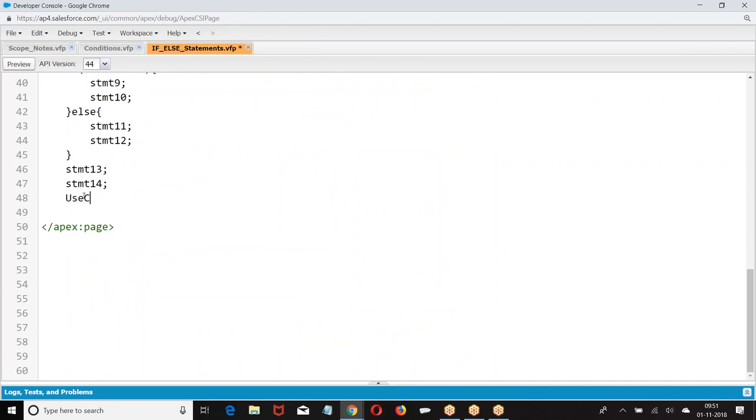Use cases. We are only worried about writing a logic, not a complete program. Logic only. Okay. Now, look at my requirement.